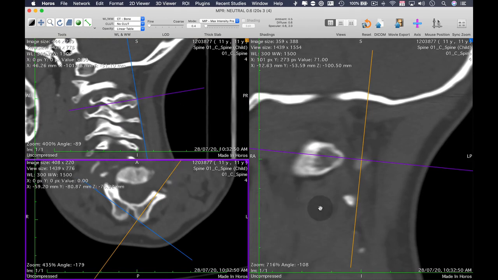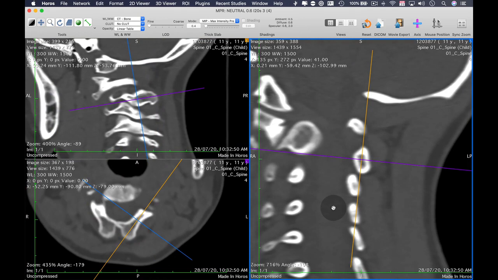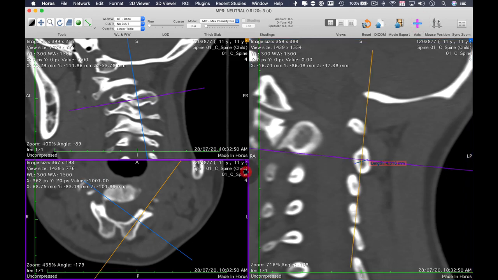Next, the paracoronal images are scrolled to the narrowest region of the lamina. The axis button is used to toggle off the axis in this window. And then the length tool is used to measure the narrowest dimension of the C2 lamina. Similarly, in the axial image, the length tool can be used to measure the expected length of the C2 laminar screw.